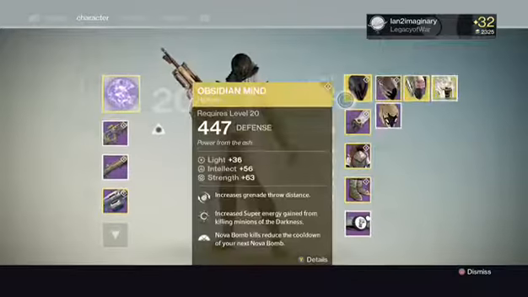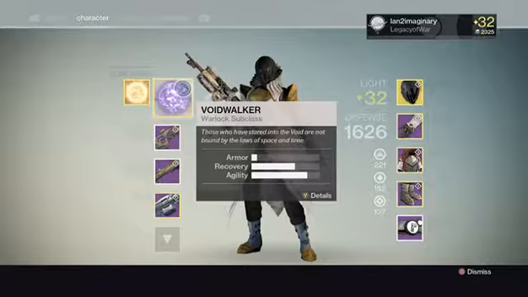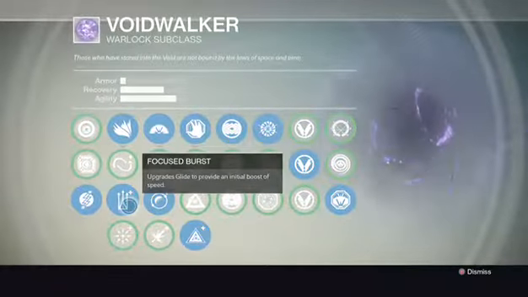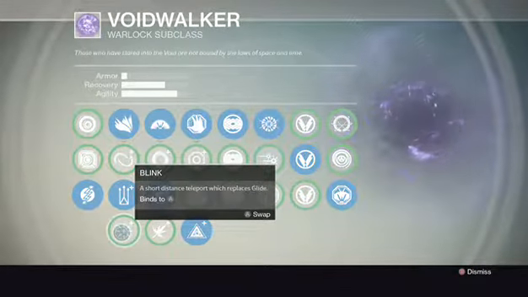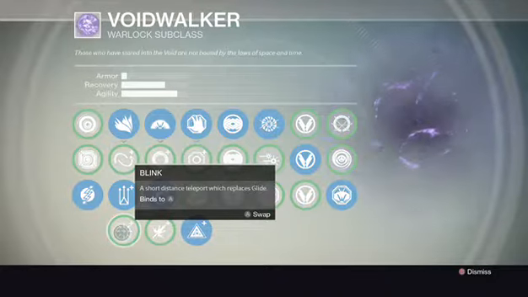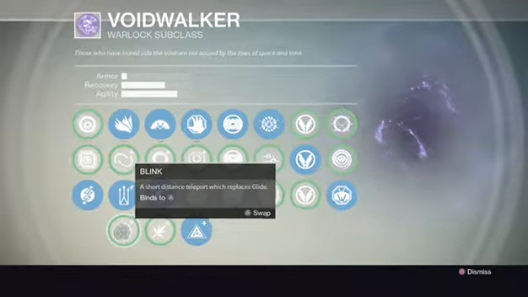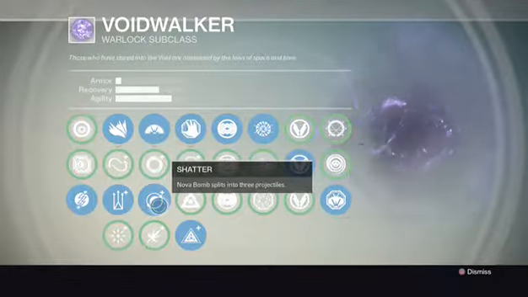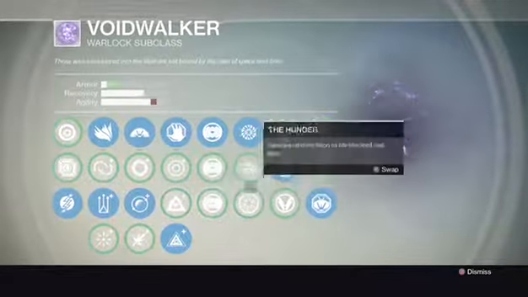Yeah. I'm going to show you guys my setup that I ran for PvP this past week as well. This is it. Got that focus burst, because I did play around with Blink a little bit, but I really don't like Blink. I don't like the lack of control you have on your jumps. Got that good old William Shatner, the whole Shatter Nova bomb. That's fun. It splits into 3 pieces, and with